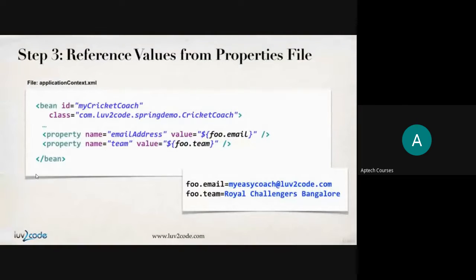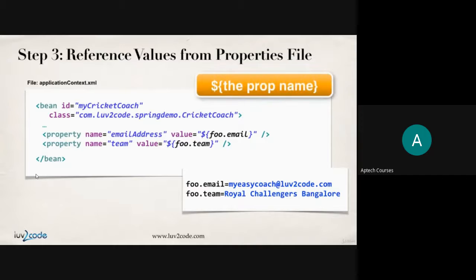So now this brings us to step 3, referencing the values from the properties file. The general syntax is you simply use the $ curly brace and you give whatever the property name is. And then Spring will actually substitute that property value directly there. So in this case, for email address, I simply give value equals $ curly brace foo.email. So foo.email is the actual property name in that props file,